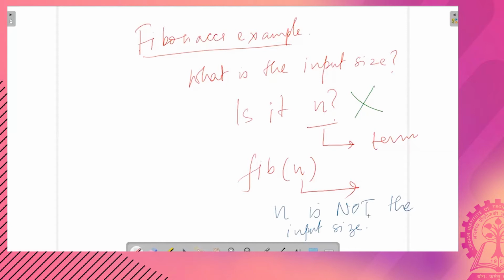This is a single individual value which you are going to use to do some computation. So then the question is, in such cases like the Fibonacci example, if n is not the input size, what is an estimate of the input size?